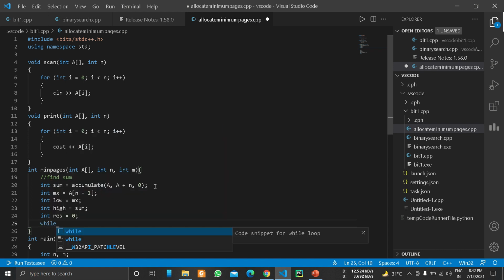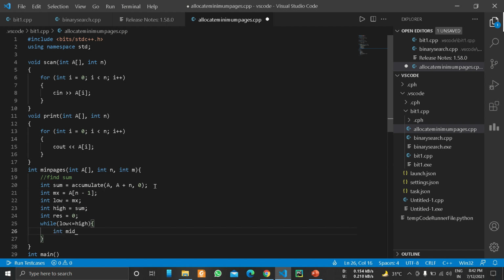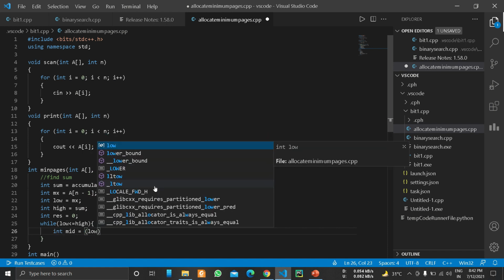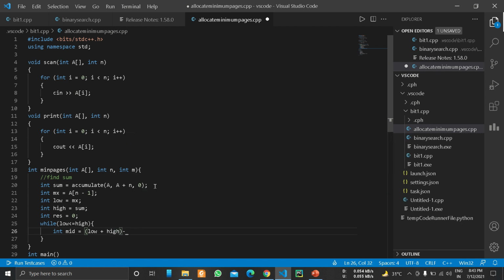While low is less than or equal to high, we will have our mid as low plus high by 2, and we will check if this mid is a feasible, possible answer or not. So this will be the condition, and we have to write another function.